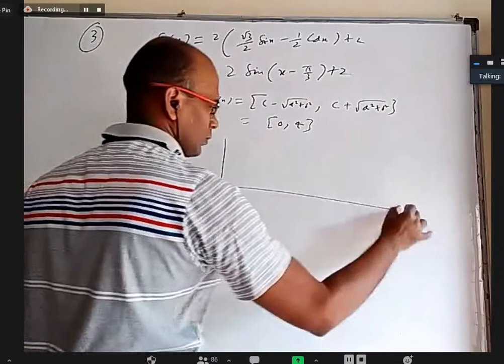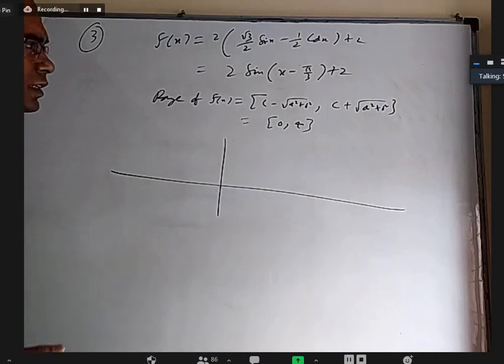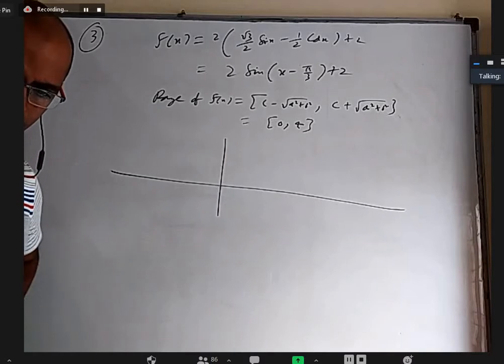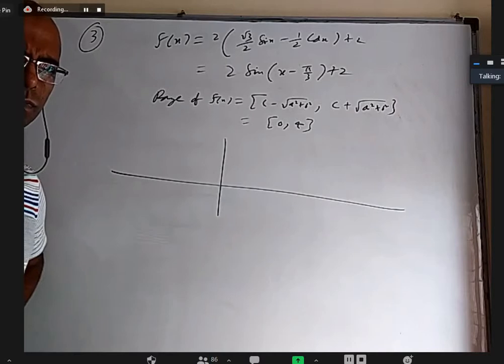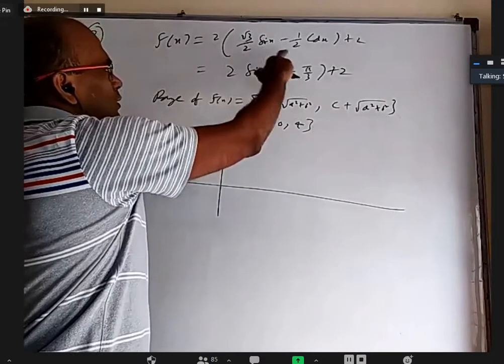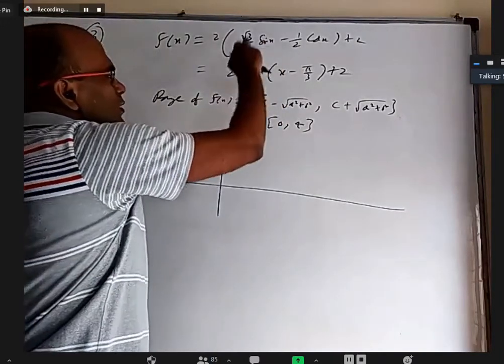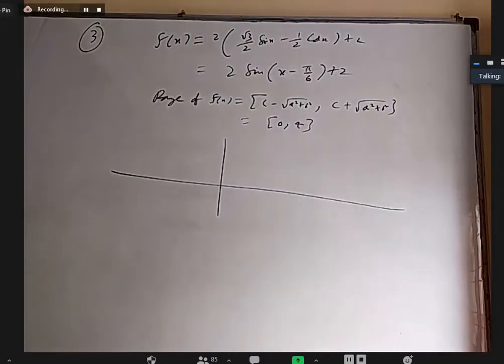We were x is between 2 pi by 3. So when I take x minus pi by 3, will it not cover? Sir, sin x minus pi by 6, no sir. This is pi by 6. This is cos, this is sin 60 and this is cos 60. No. So this is sin 30, this one. This is pi by 6. Yeah, okay. This is pi by 6. Okay. Then is there any problem?